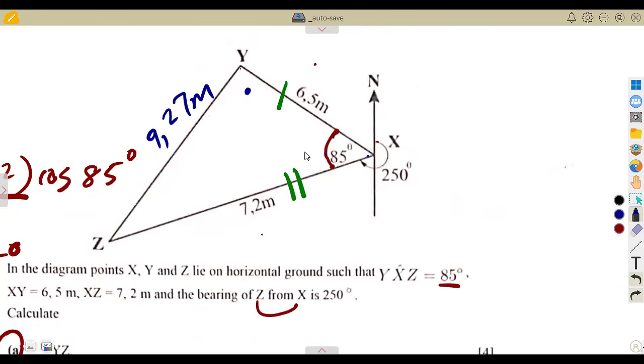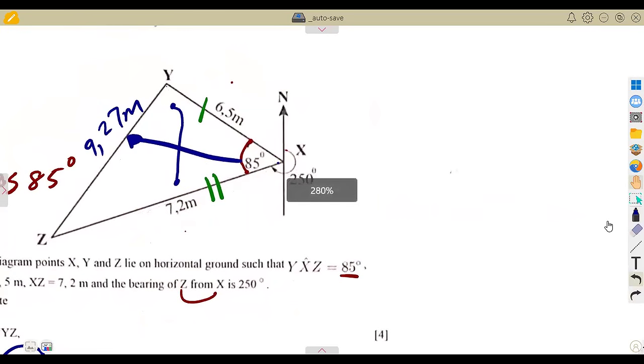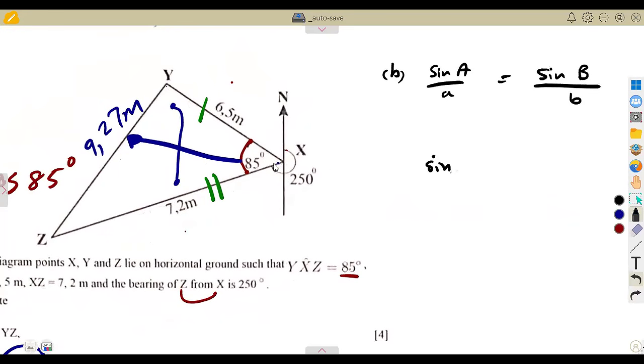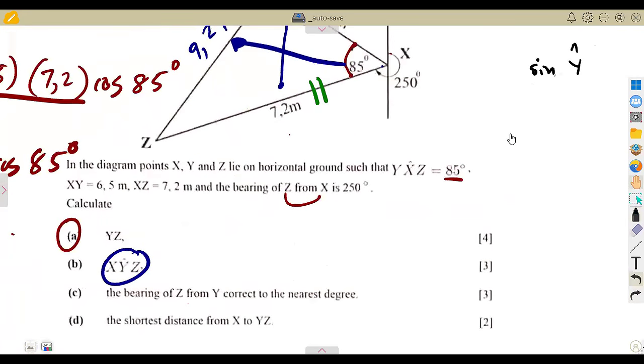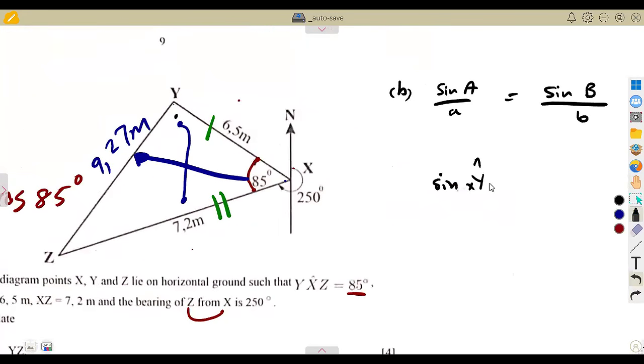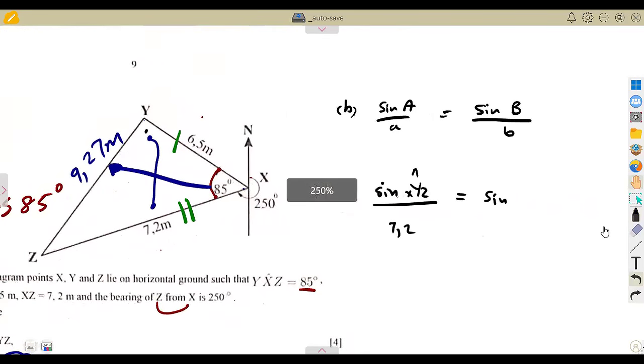You are given an angle with a corresponding side. The angle that you want to calculate has a corresponding side. I said it is best that you use the sine rule when it is like this, to calculate the angle. It is best that you have sine A over A is equal to sine B over B. The sine of the angle to be calculated, angle XYZ, over its corresponding side, 7,2,